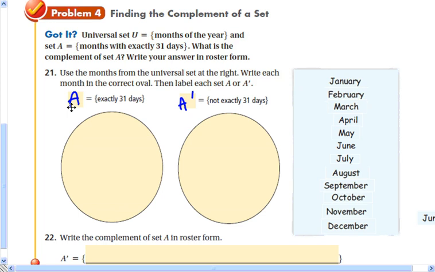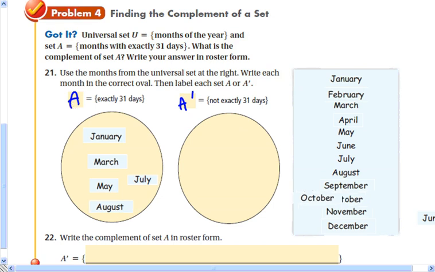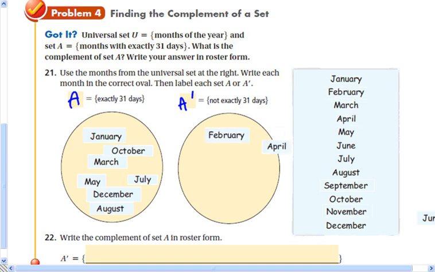Months with 31 days are months like January, March, May, July, August, October, and December. There we go. And the ones that are not are February, April, June,